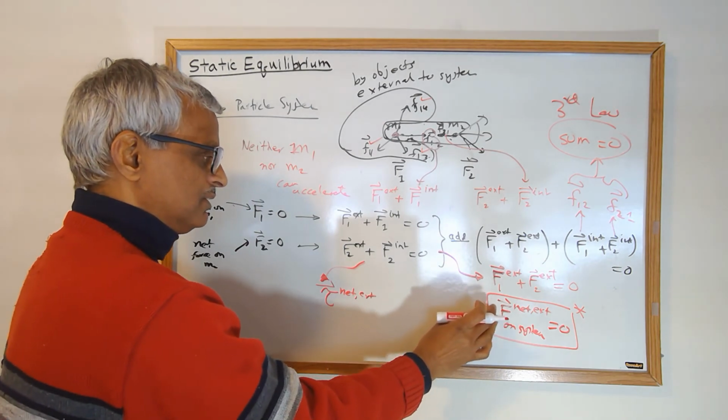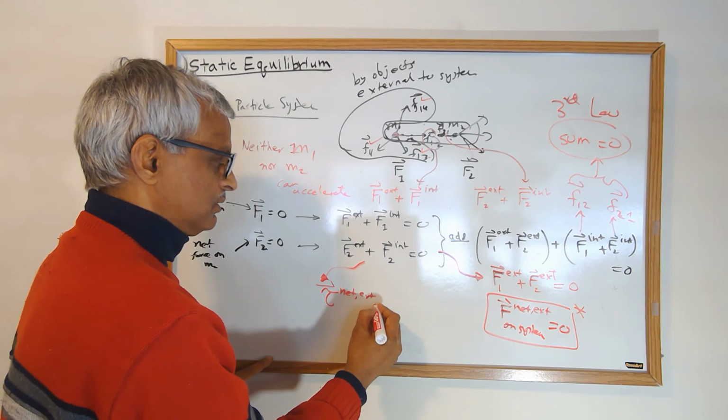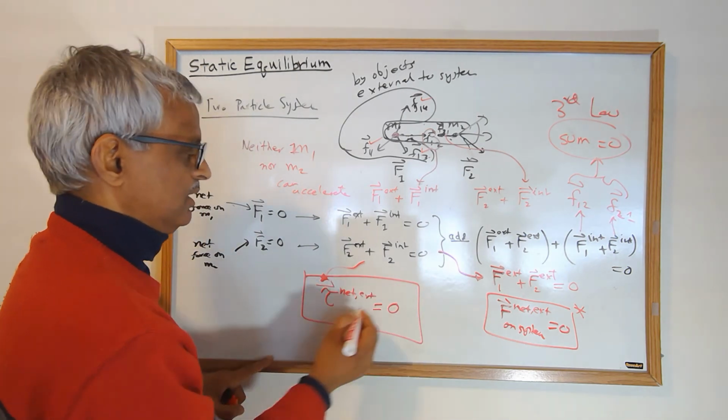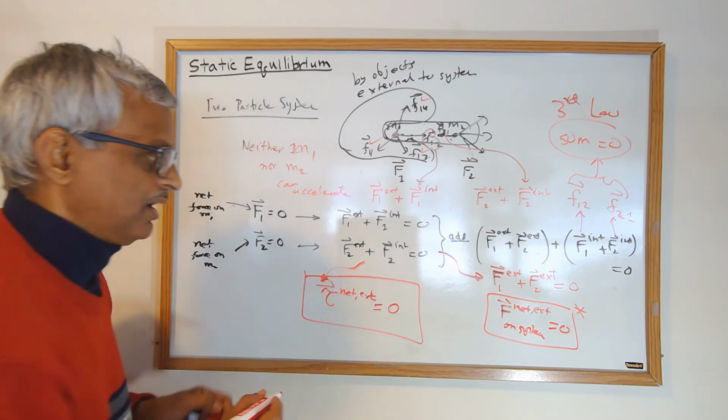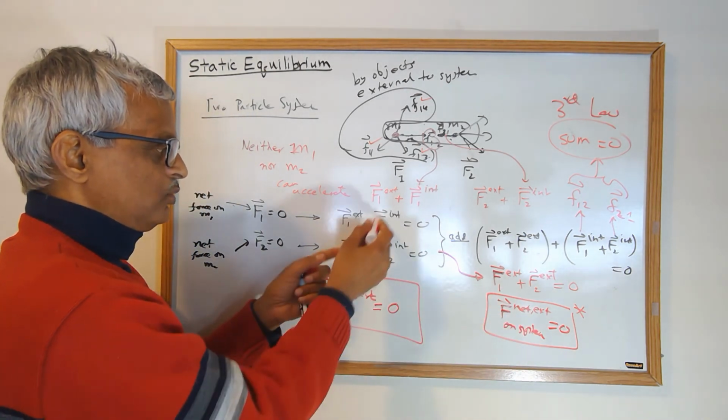Turns out when this is 0, then I can pick any pivot I like, and that will also be 0. So this simplification of using only external forces got deduced from here,